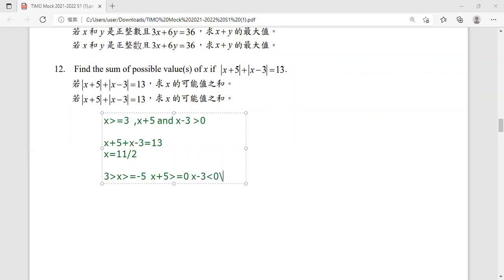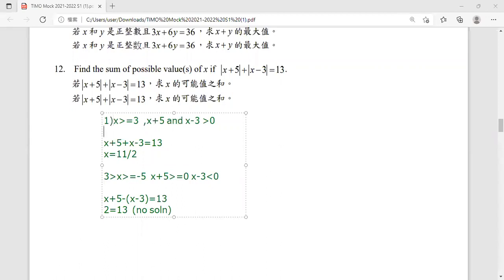So what happened is that then I will get something like this, which becomes equal to 30, which is no solution. No solution, okay? This is the second case. First case, you consider the cases. First one, two. And the last case will be